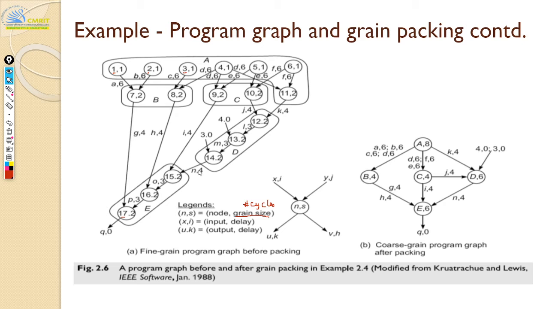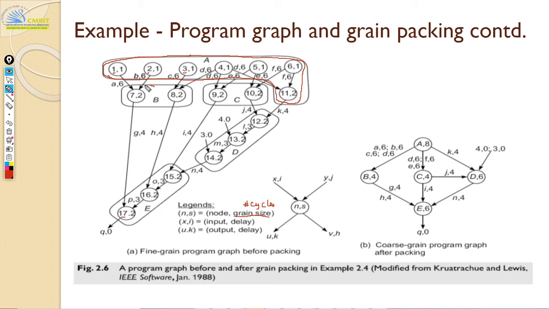Now what you will do is you are going to envelop this into a next sized grain. It's called grain packing. How are you going to do grain packing? You're going to combine those nodes that can be run independently. If you remember, the first 6 can be run independently, and so is instruction 11. We saw it only had two constants. So those instructions you can club into one.